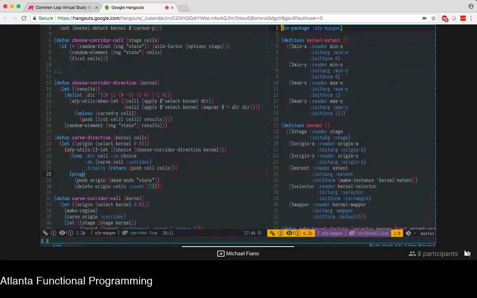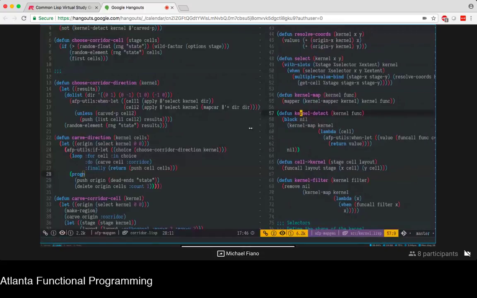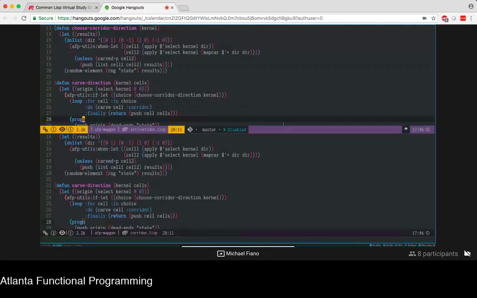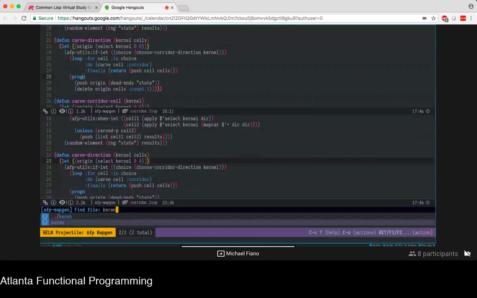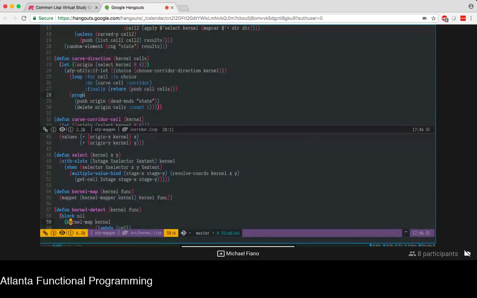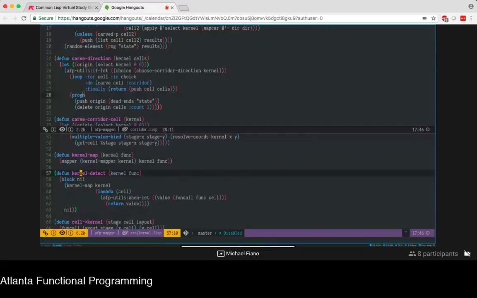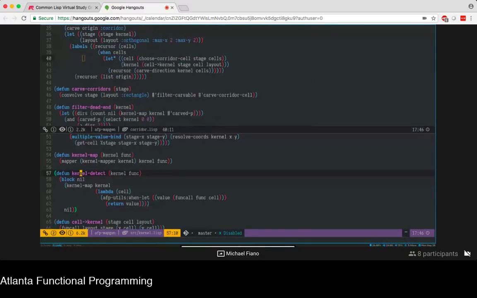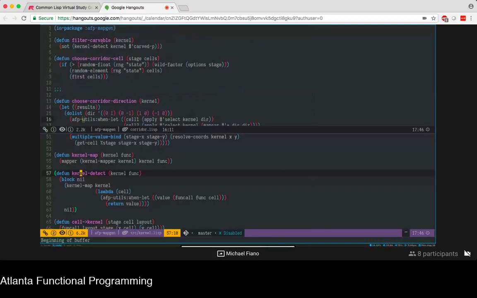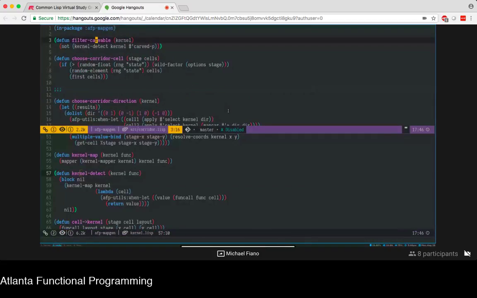What it does, so we have kernel map, which basically applies a function to each cell that's accessible by a kernel, and then collects the results of that function into a list. We also have a function called kernel detect, which is similar to kernel map, except instead of collecting the results of all of the calls, it takes a predicate function instead of a mapping function. And any time that predicate function returns something truthy, something non-nil, it returns that value immediately. It doesn't